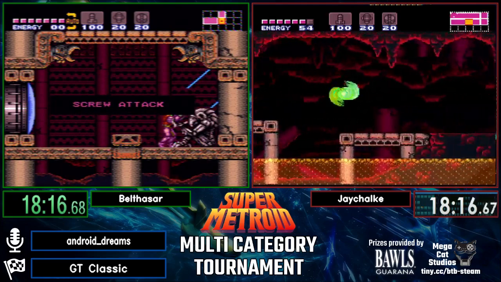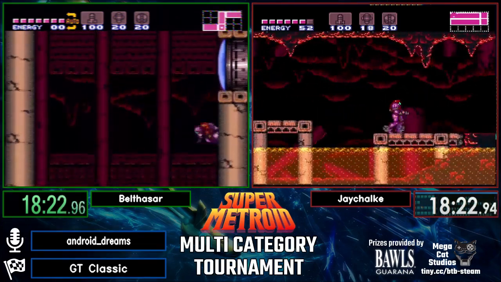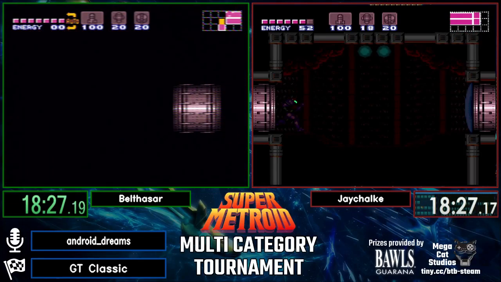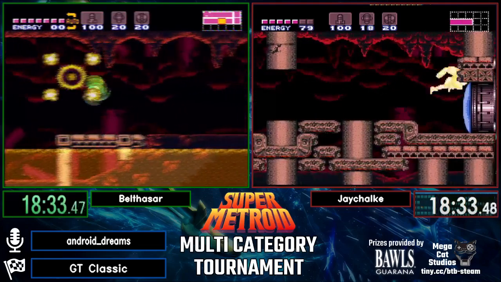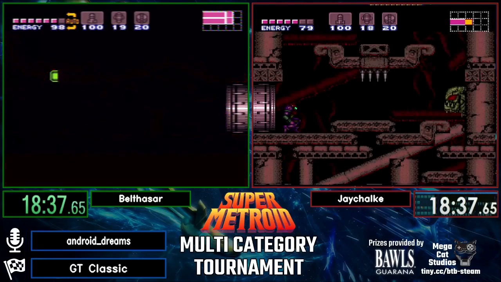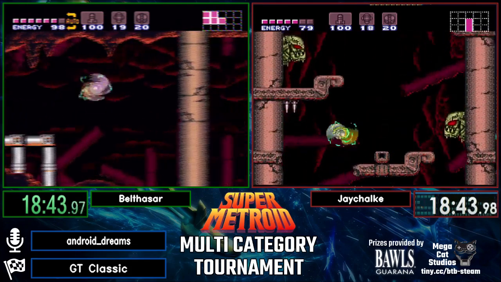Of course, both runners grab the Screw Attack on their way out of the Golden Chorizo fight. Not something that you want to grab on your way in, but now they have, let's see, I think 7 E-Tanks, 2 reserves, 100 missiles, 20 supers, 20 power bombs, and every item in the game except for Screw Attack, activated by the GT code. Of course, Screw Attack is right at the other end of the doorway, so very easy to pick up to continue